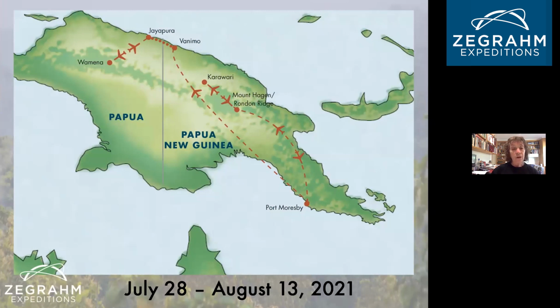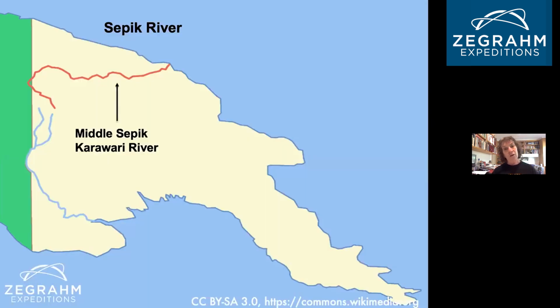But I should say, you can't go to New Guinea and not visit the Sepik. So we also plan to go to the Sepik River and be on the Karaway River. Now, a little bit about the Sepik: it starts way up here in the Victor Emmanuel mountain range, right about there, about 10,000 feet above sea level. And it meanders its way for a good 700 miles, serpentine-like, down through the mountains into the Sepik Basin, and finishes at the mouth of the